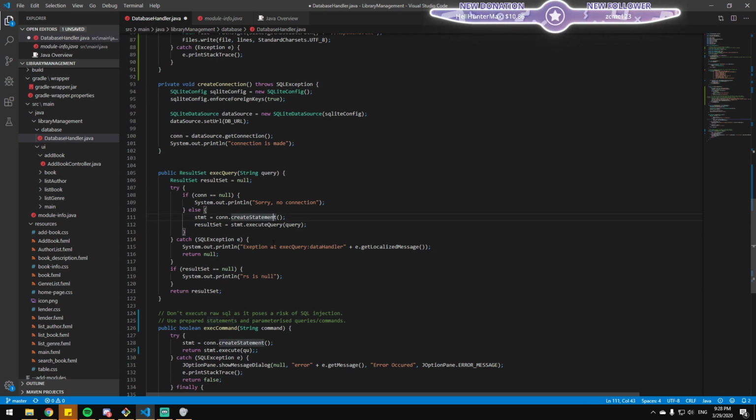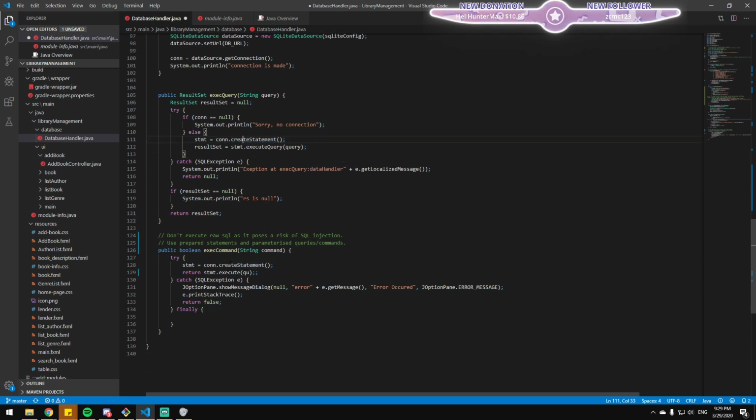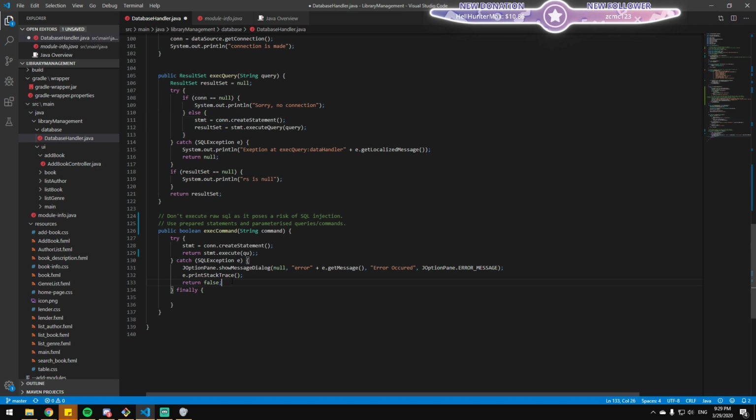Okay. Result set, execute, create statement. This is one extra semicolon. So I don't think that execute actually throws, but only the create statement. And then you could have the return statement outside the try-catch.